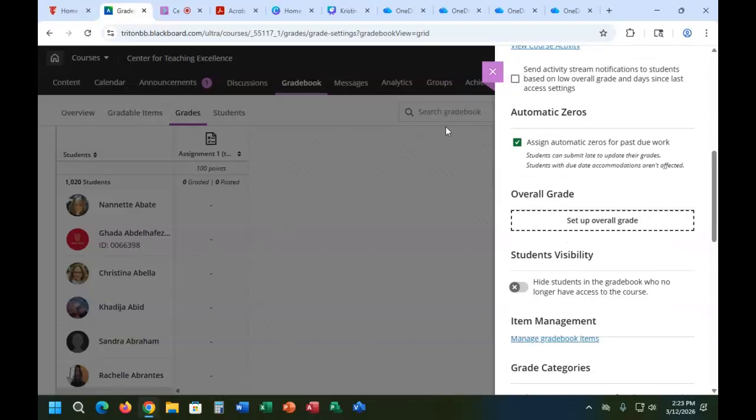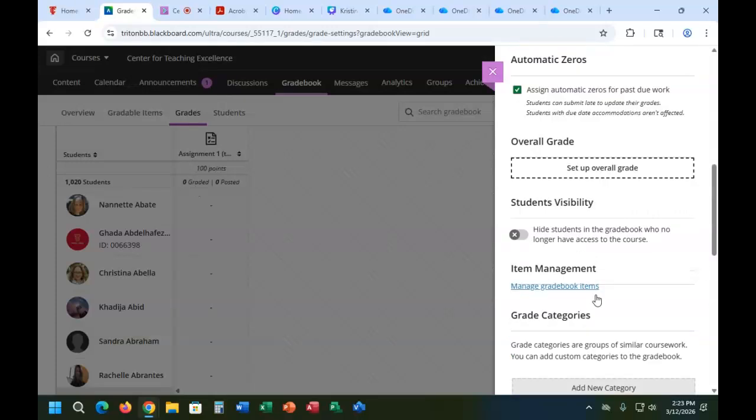It's pretty neat. This is automatic zeros. If they don't submit something once the due date closes, the gradebook gives them an automatic 0. So instead of you having to go and put in a 0 out of 10, let's say, it's going to give them automatically a 0. Now, you can always override it. You can always uncheck the automatic zeros. If there's an exception, you can always override it, but it's up to you whether you want to